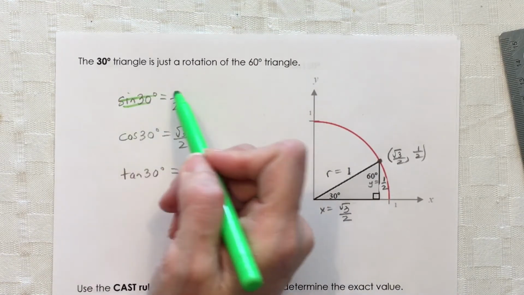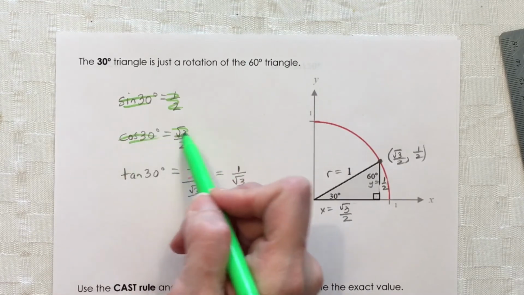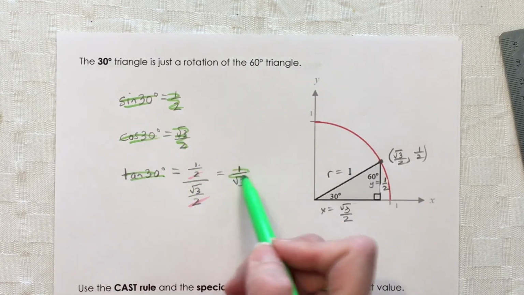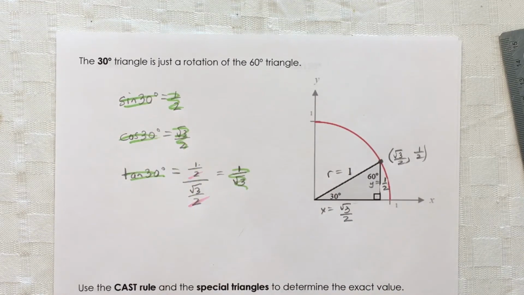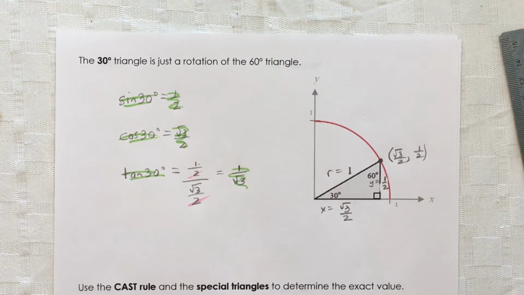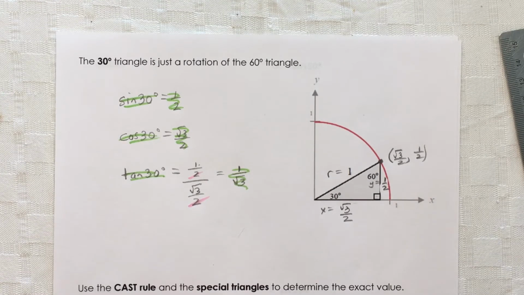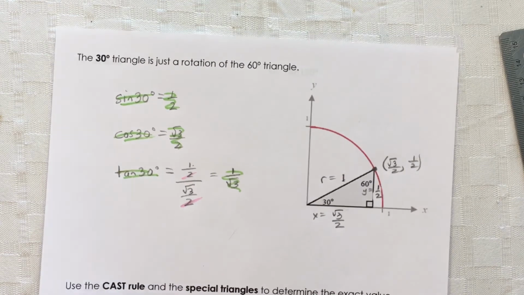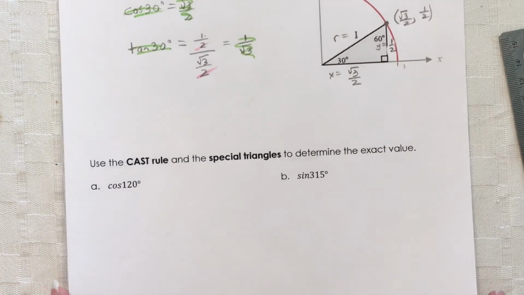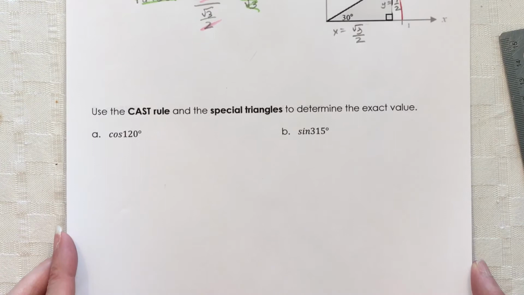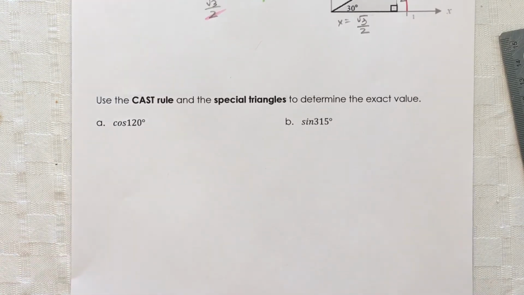So we've got the sine of 30 is 1/2, the cos of 30 is root 3 over 2, and the tan of 30 is 1 over root 3. So those are our three special triangles, 45, 60, and 30, or 30, 45, and 60. So now we're going to learn how to use those special triangle values along with the CAST rule to determine the exact value of different trig